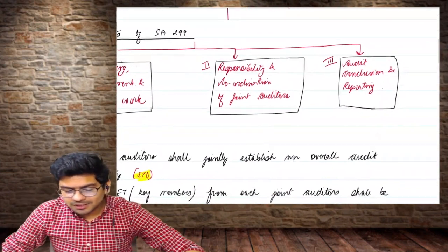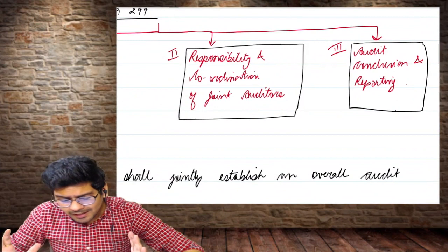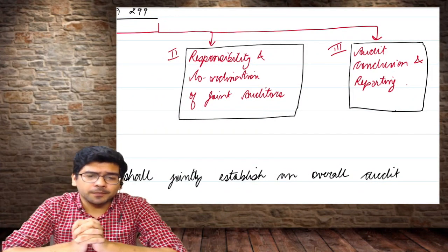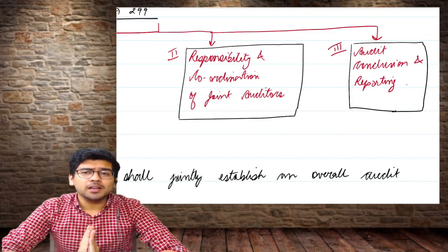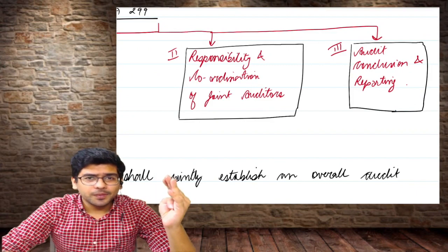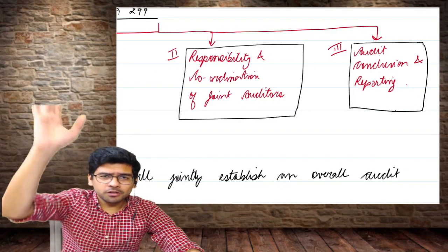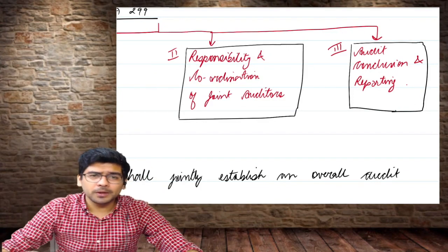Now let us start with our second requirement, responsibility, and 2 words, responsibility and coordination. Responsibility and coordination. Now please understand it this way, in this manner. Let's say we have 4 auditors, A, B, C and D. All have been given the responsibility, but they have been assigned some work. A is given north division, B is given south, east, west. Okay, now